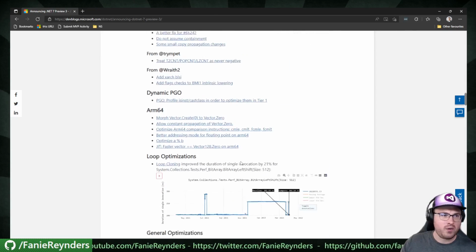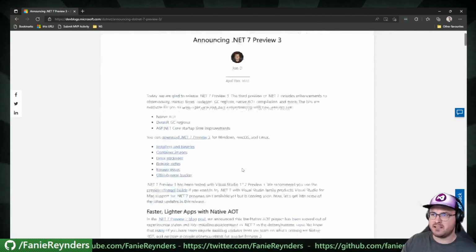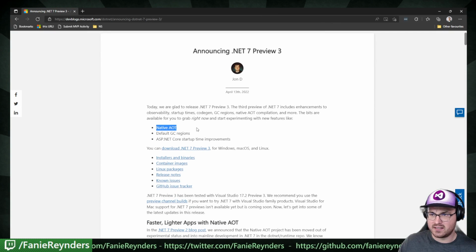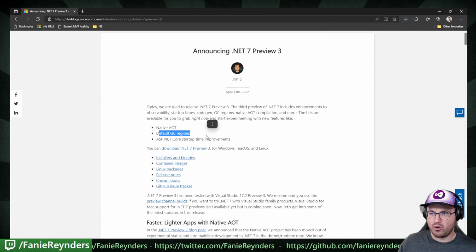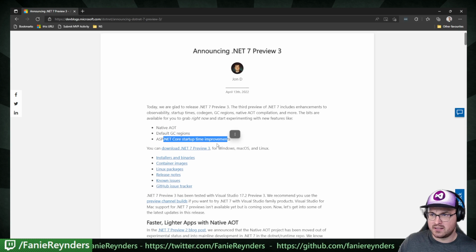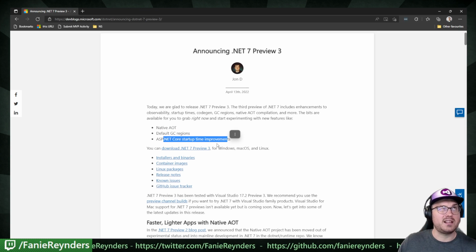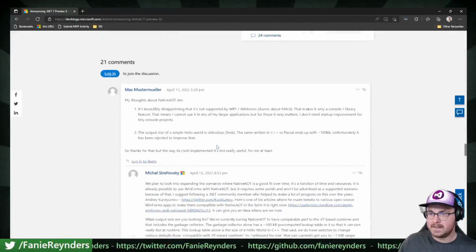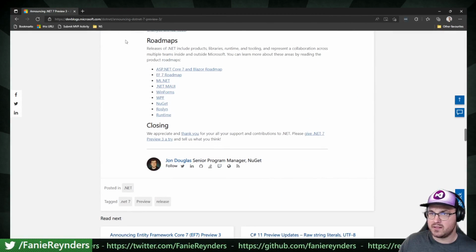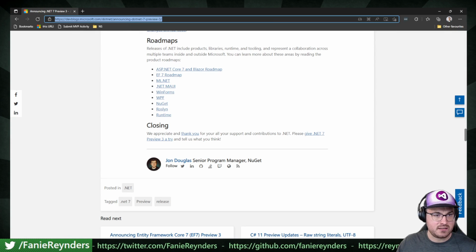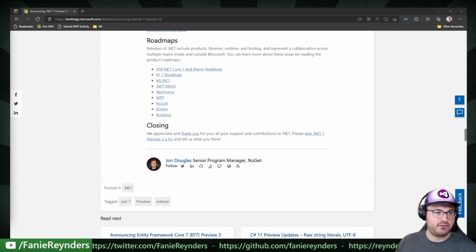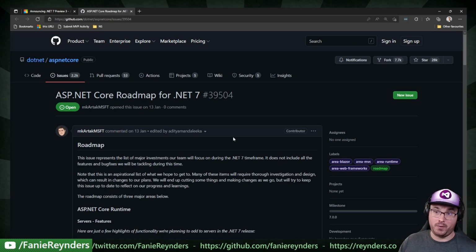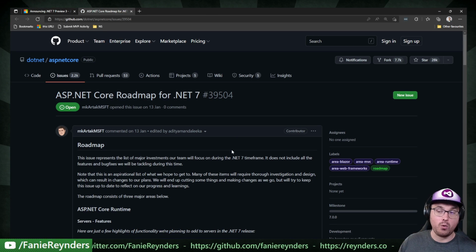So all in all, I think this Preview 3 release is more on native AOT, some performance stuff, and some ASP.NET startup improvement that has been done. So actually going down, I can put this in the comments in the chat for the folks that do want to go read it out there. Let's go very quickly to my favorite framework in the whole world, which is